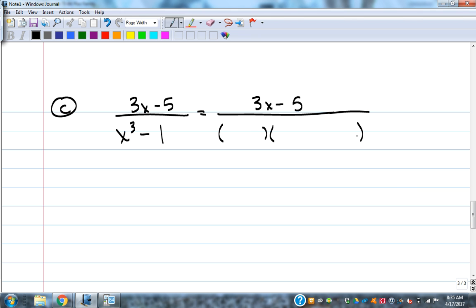Hopefully you remember that that's a difference of cubes. And hopefully you remember how to factor a difference of cubes. So that'd be x minus 1 times x squared plus x plus 1. So again, we only have 2 factors, but the second factor is quadratic. So that changes the game just a little bit. Just a small amount. So our decomposition template,